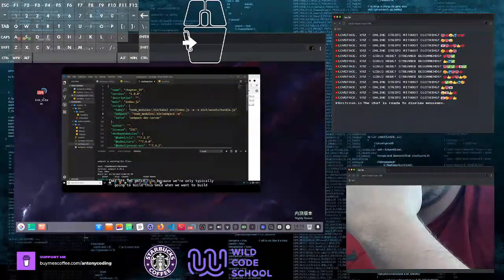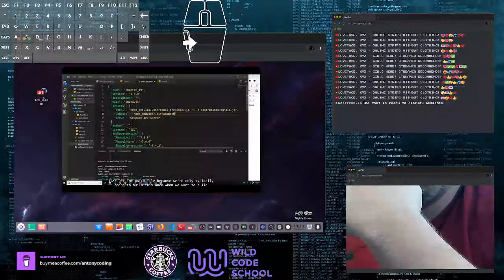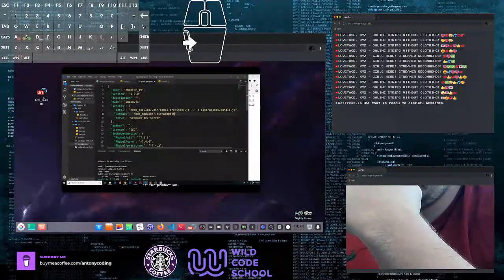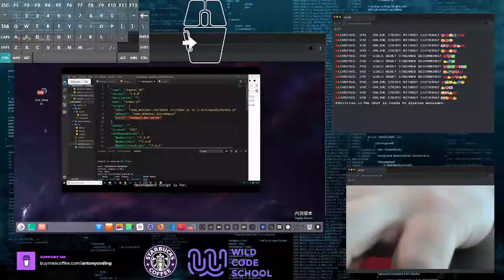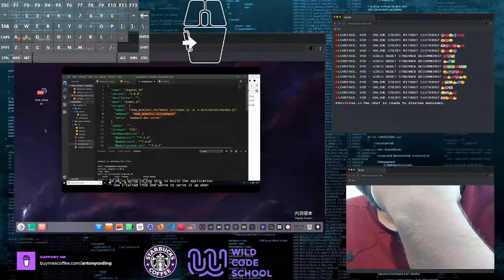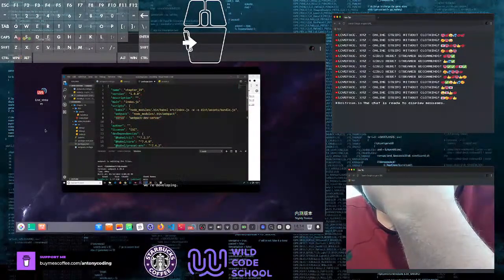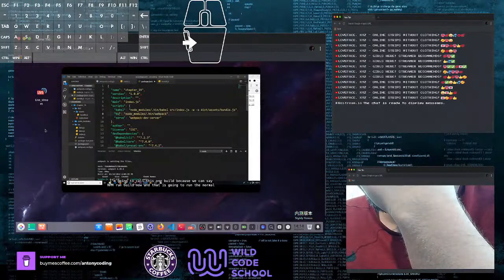But what we're going to do is take off the watch flag, because we're only typically going to build this once when we want to build it for production. We don't need to watch files anymore and rerun this when we're making changes, because that's what the development script is for. So we're going to run this to build the application. Now, I called this one serve to serve it up when we're developing. I'm going to call this one build, because we can say npm run build now,